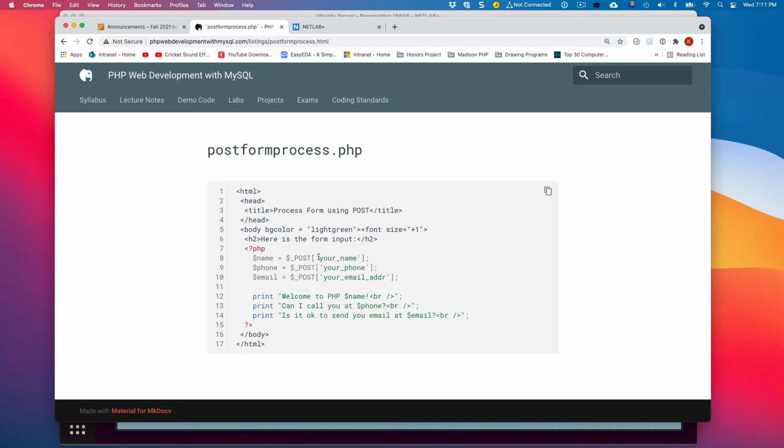So I'm associating the name, the string of the name attribute as the key, which will give me the value. This is going to return me the value that the user entered in that particular field name of the form. So that's going to be assigned to a variable I created here called name, one called phone, one called email.